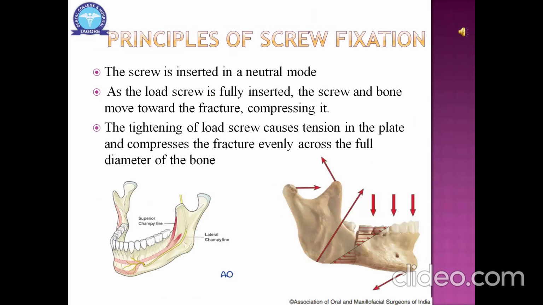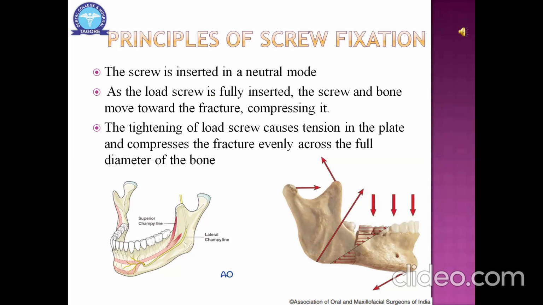In maxillofacial surgery, the interest in rigid fixation began with the treatment of fractures of the edentulous mandible, as the fracture segments created in these cases were easier to manage. The screw is inserted in a neutral zone. As the lag screw is fully inserted, the screw and the bone move towards the fracture, compressing it. Further tightening of the lag screws causes tension in the plate and compresses the fracture evenly across the full